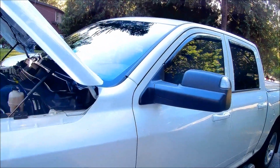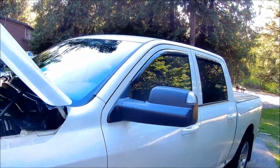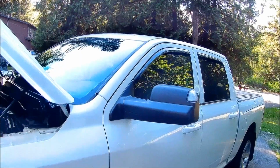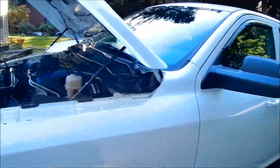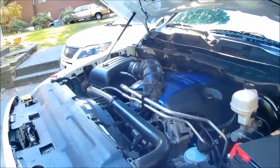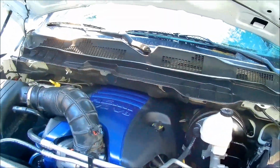So we love the truck, had it for 10,000 miles, and boom, cylinder 5 misfire. And long story short, the roller lifter destroyed the camshaft because the bearing seized on the roller lifter. And I didn't want to risk a truck with 100,000 miles on it